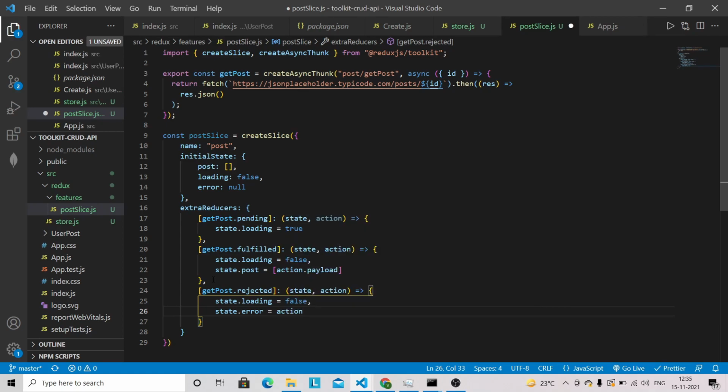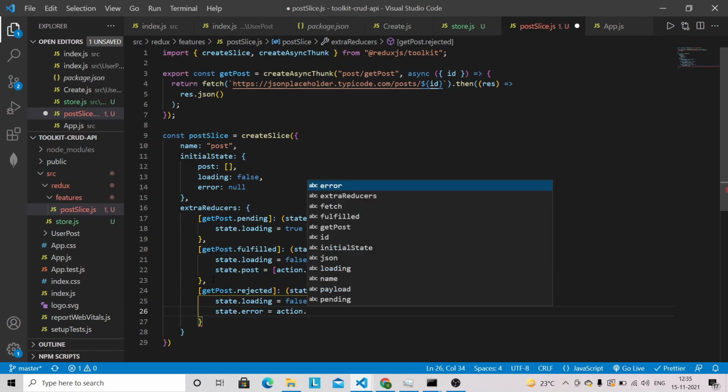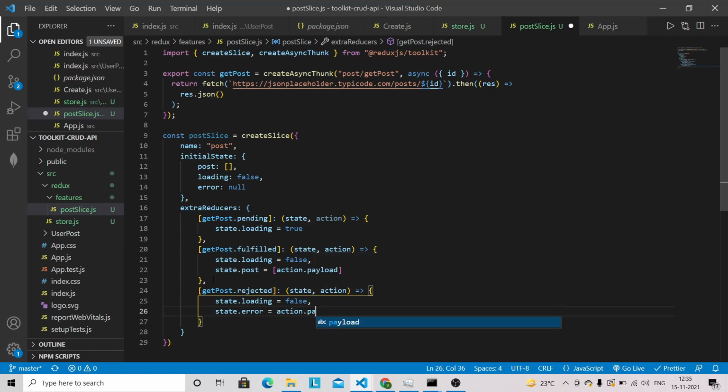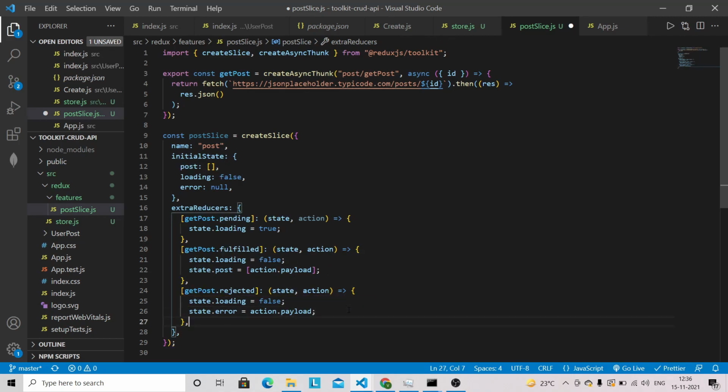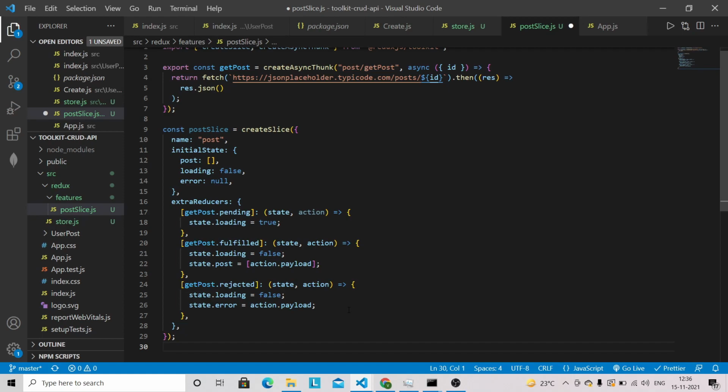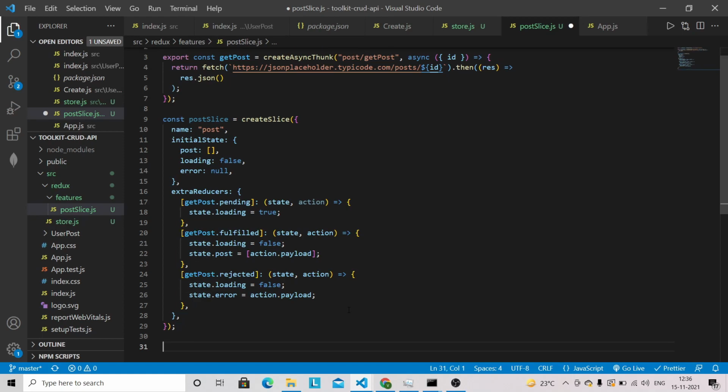So we will get some error from our API if we have some issue with the API, and we are going to store those errors in the error state. Here we have to put the semicolon. So we are done with the first operation for now, that is getting the post based on the ID.